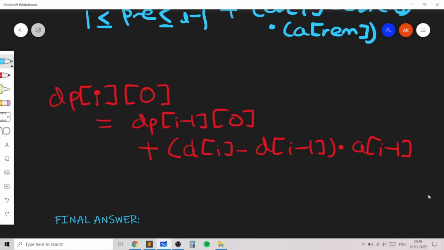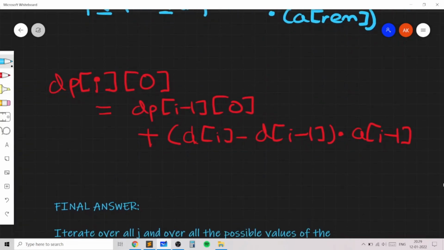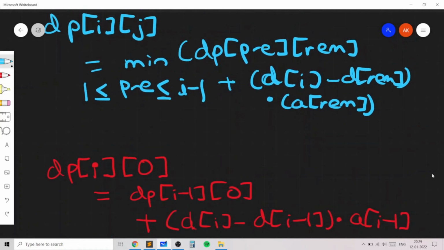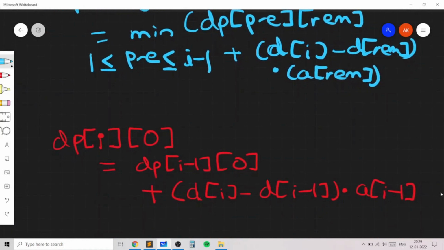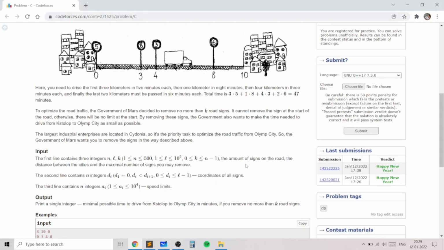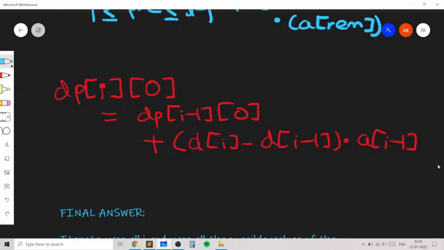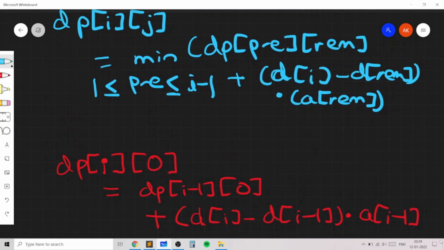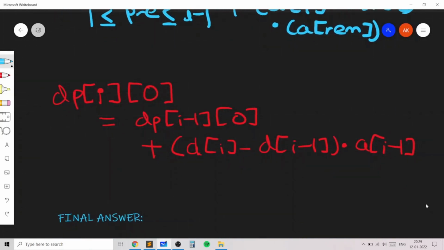So the final answer is computed very similar to the recurrence, and it will help you understand the recurrence better. You can actually just use the final answer as the n plus 1th index by considering the n plus 1 sign as the final destination, but I'm just using a separate loop which is almost exactly the same as the recurrence loop, because it helps you understand the recurrence better.